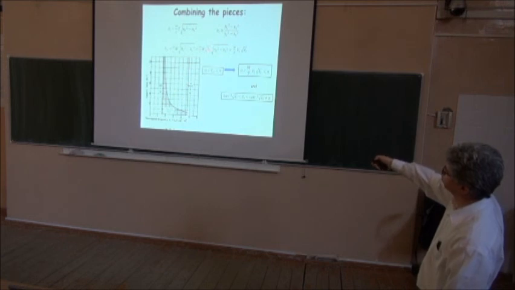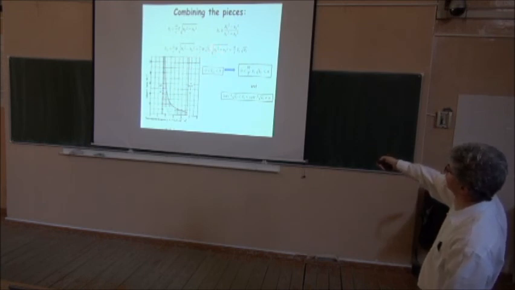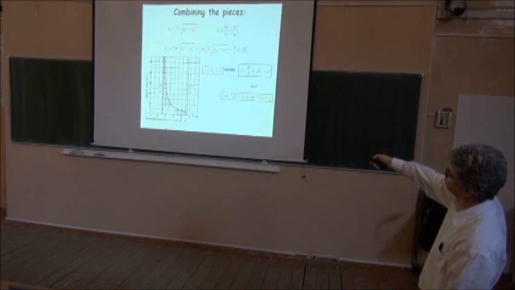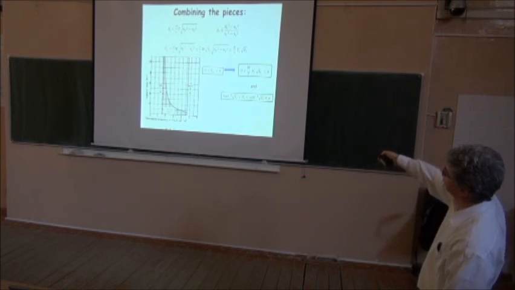And I end up with an expression that just depends on V1 and the index of film and substrate. But this quantity here, when I have the difference between film and substrate, I can connect that with the V1